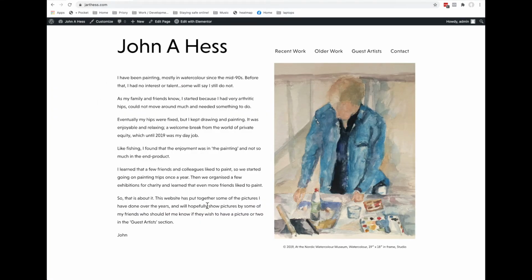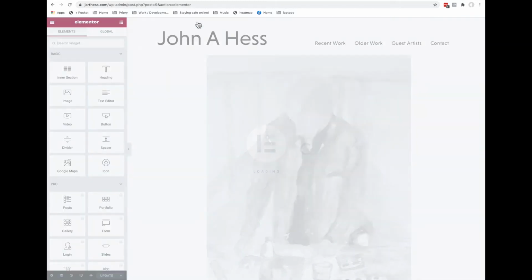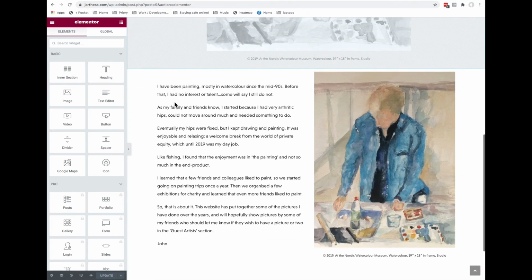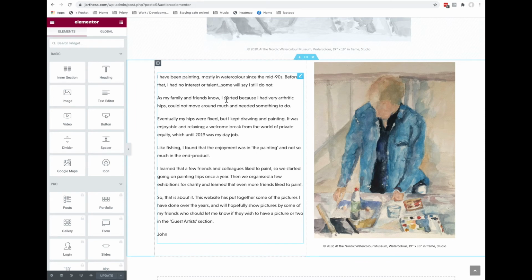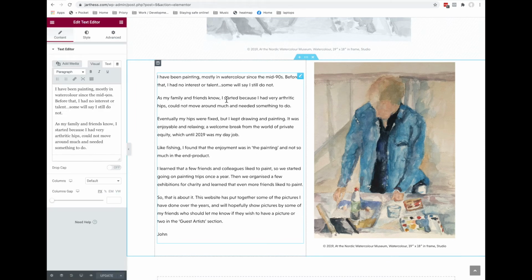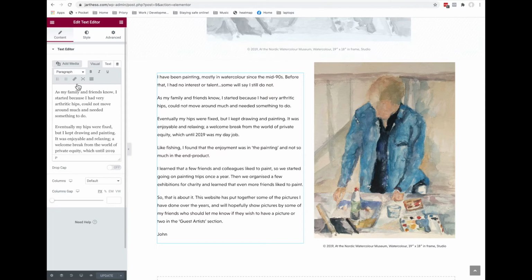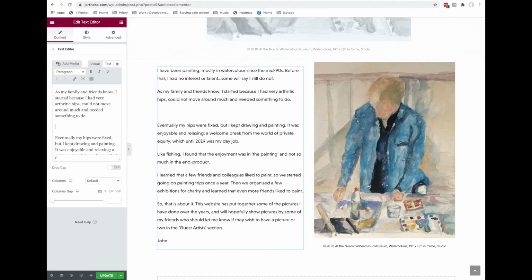If you wanted to change any of the text on this page, you can see at the top we've got the option to edit with Elementor. If you click on that, this brings you into the editing screen. Now you would just scroll down until you get to the text and then click on the text box, and then you can edit the text within this text editor box on the left hand side. So if we wanted to add in, this is a test,